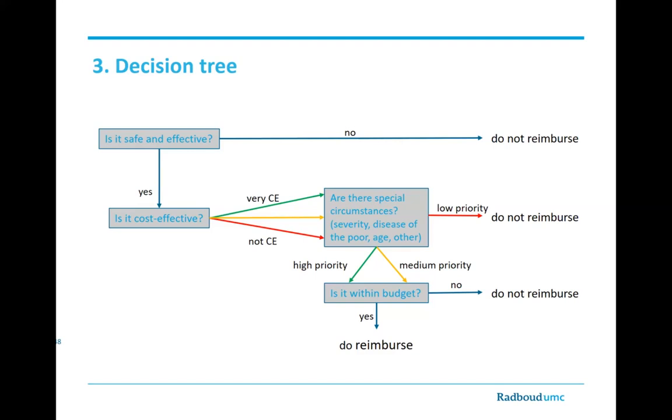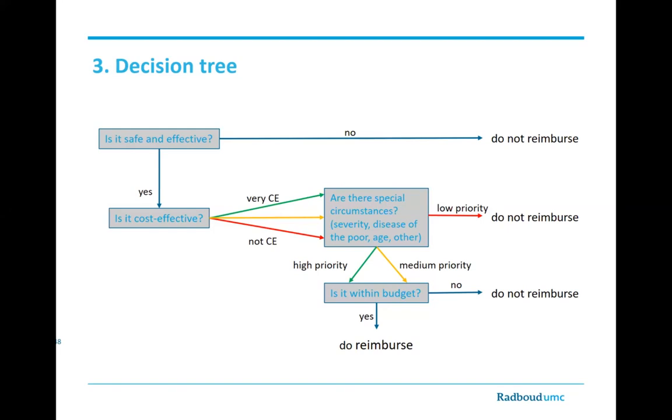So what happens in this box is basically the deliberation on the other criteria that may affect your initial view on whether something should be a priority on the basis of cost effectiveness alone. Are you with me? So you make an initial classification on cost effectiveness, then you enter the deliberation, and per service you're asking, are there any special circumstances? Are there other criteria that have such an impact on that service that we change the color of that service, not being a high priority, not being a green one that you'd like to include, but maybe it turns